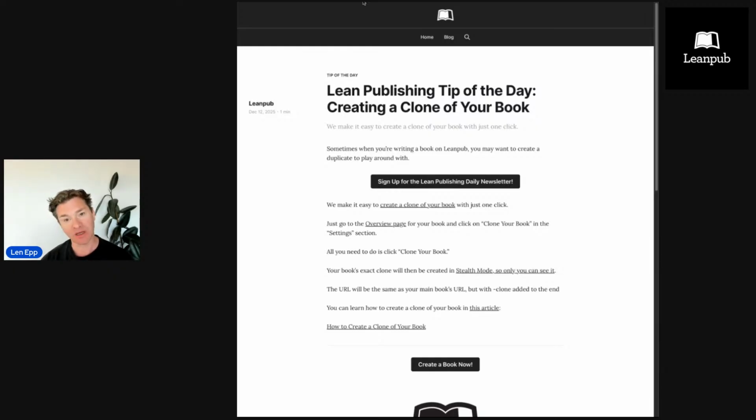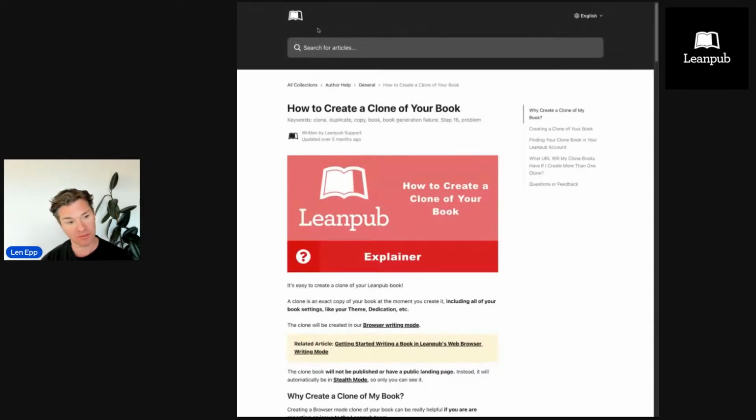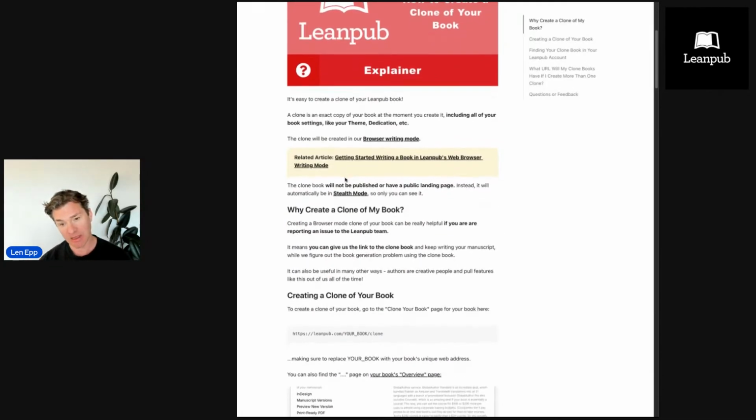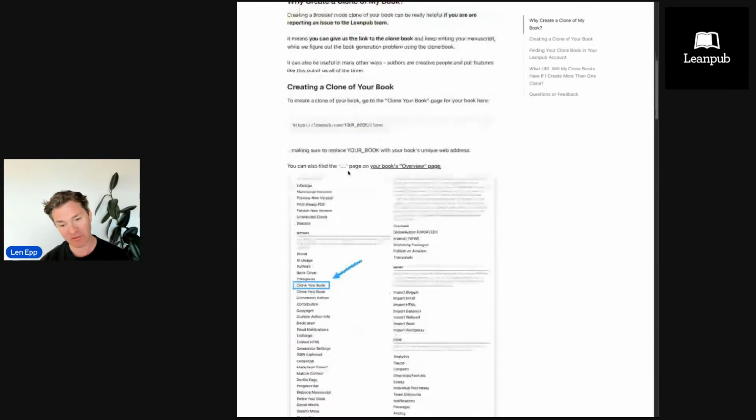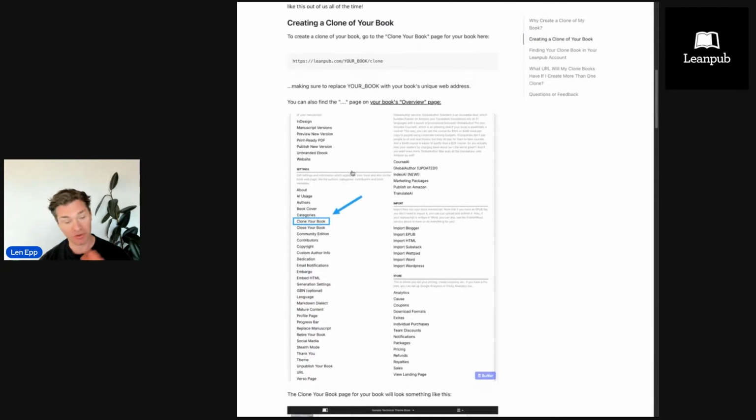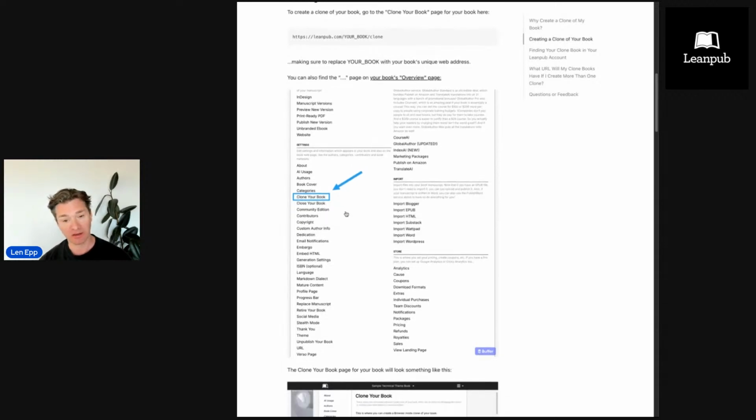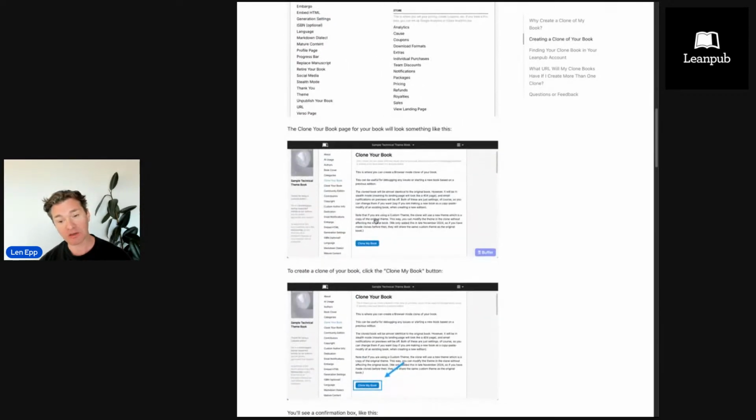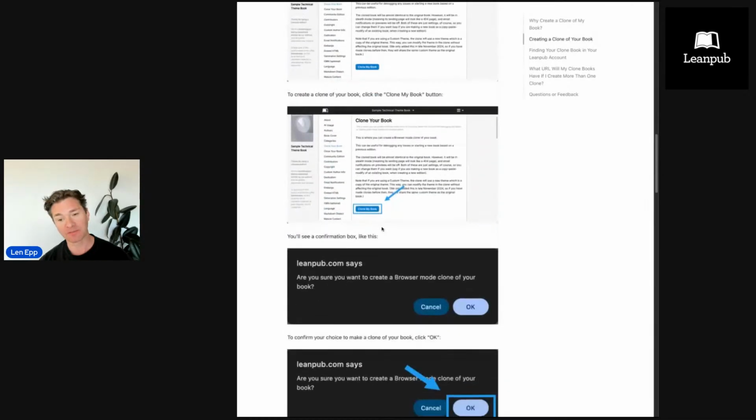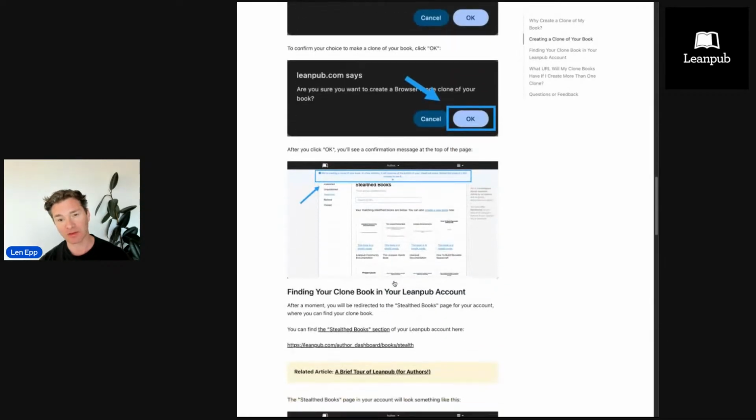Now, let me just share this article that's linked to from the blog post about how to create a clone of your book when you're working on it on Leanpub. It's not a very long article because it's a relatively simple process. You go to your overview page for your book, which I'll show you how to do in just a second. You click find clone your book, go to that page and click clone your book. Then what will happen is when you click OK to accept it,